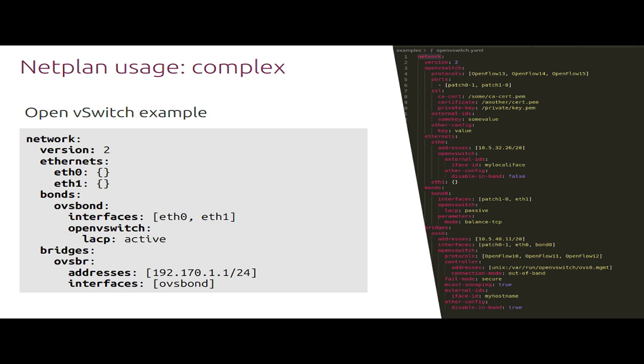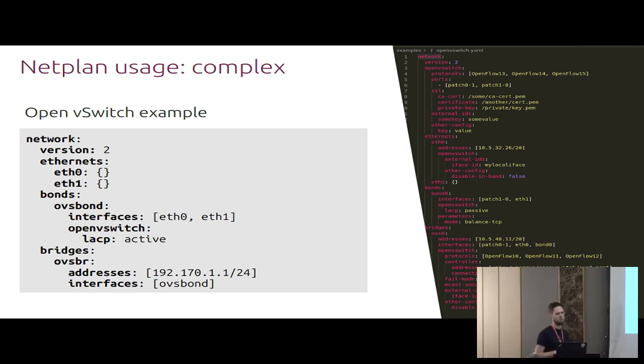You can even go more complex if you look at the screenshot on the right. That's also an Open vSwitch example from our GitHub repository, which defines some virtual patch ports where you can interconnect virtual interfaces on your system. It defines some SSL certificates for the OVS server. It defines the control socket for the OVS server, or OVSDB. And it can get long if you have complex setups, but it's always the same kind of structure and format for all the interfaces.